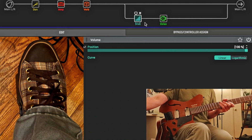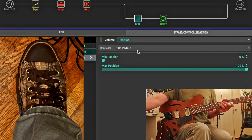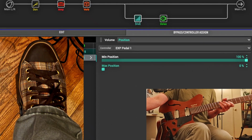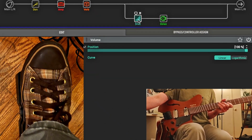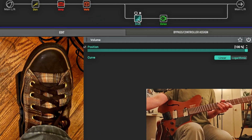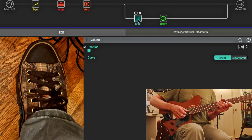So let's go to the volume pedal. Right now, for position, minimum position is 0%, maximum position is 100%. We're going to reverse that. So now maximum position is 0%, minimum is 100. That basically means that now the behavior for the pedal is reversed for the volume control. Now it means that if we're heel down, toe up, it's going to be 100% open. If we're toe down, heel up, it's going to be 0. So now if we play some stuff,